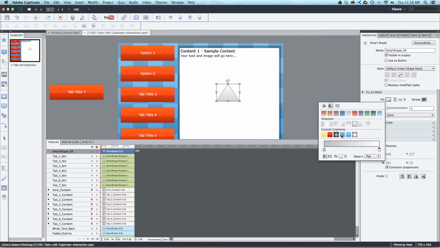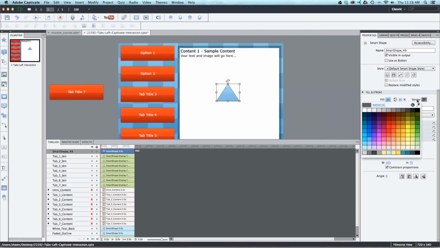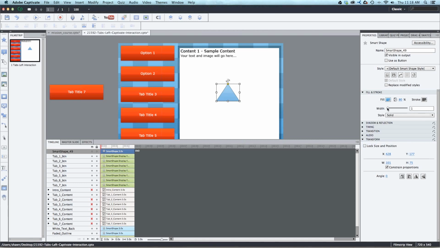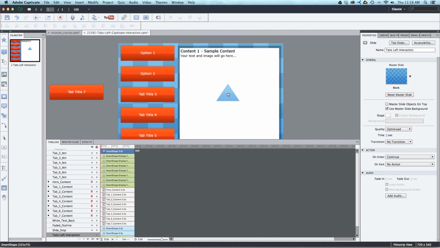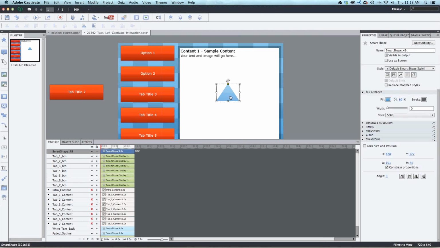Now I can do all my modifications like you normally do inside of Captivate over inside of the properties area. So I can select that drop-down box, select the colors of it, go ahead and remove the stroke if I want to just not have any stroke inside of there. So I'm going to change it to a width of 0. But what happens is this isn't going to show and hide at the same time as content 1 until I do 2 different things. Now the first thing is to actually, in the properties, to uncheck where it says visible